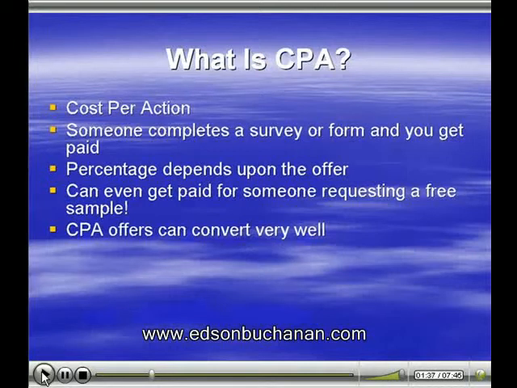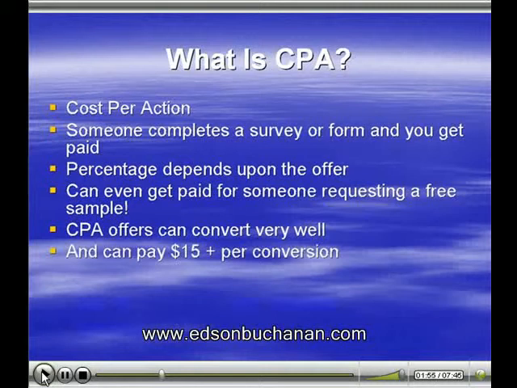There's often not a lot of sales involved, and quite often the things that are for sale are things people want. Ringtones will pay you very, very well, and a lot of people love to buy ringtones for their mobile phone. So you can get these offers to really convert nicely, and you can get $15 to $20, sometimes more, per completion of action. So particularly ringtones and dating sites and gambling sites, they pay a lot of money to get people to sign up because they know people will stay members. So those are good ones to promote because they offer you a lot,